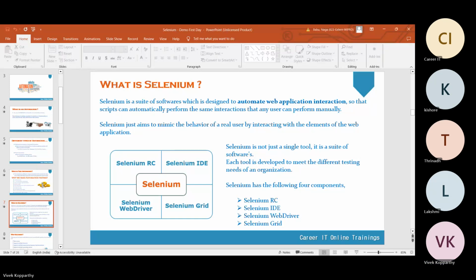Just by using Selenium, we can automate. Selenium is also a suite of softwares. It has the capability of mimicking the human behavior. That's why we are using that.